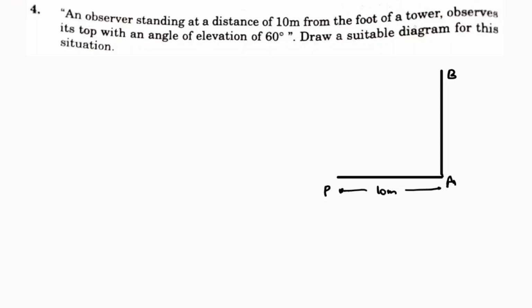Now from the foot of the tower, he observes its top with an angle of elevation 60 degrees. So he observes the top from here at an angle of elevation 60 degrees. Draw a suitable diagram. This is a diagram for this, but if you write AB is the height of the tower,